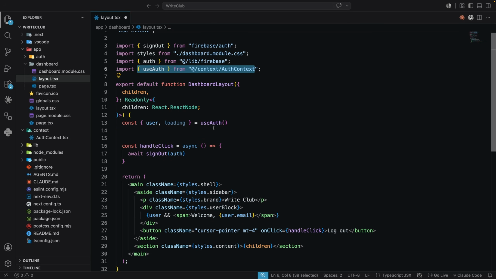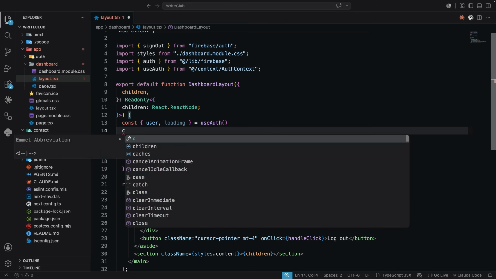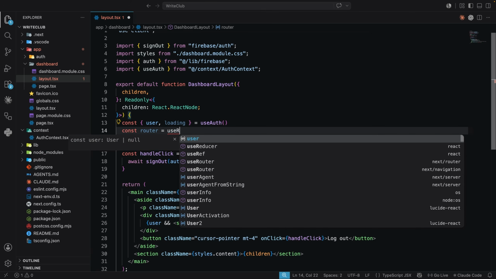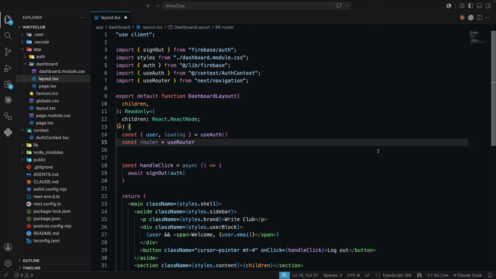The next thing we're going to need is the Next.js router so that we can redirect users to the login page if they're unauthenticated. So to do that, I'll say const router is equal to use router, and we want to make sure that gets imported from next/navigation. Okay, and now we can do a little check in this component and decide what we want to show